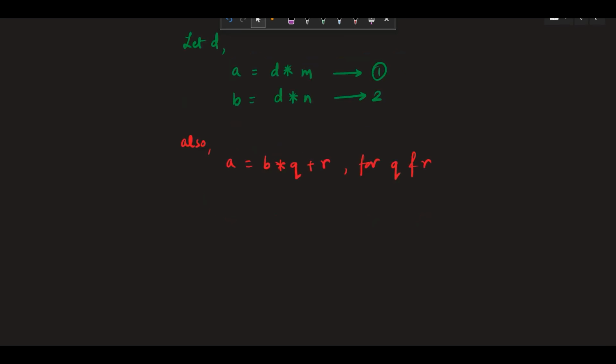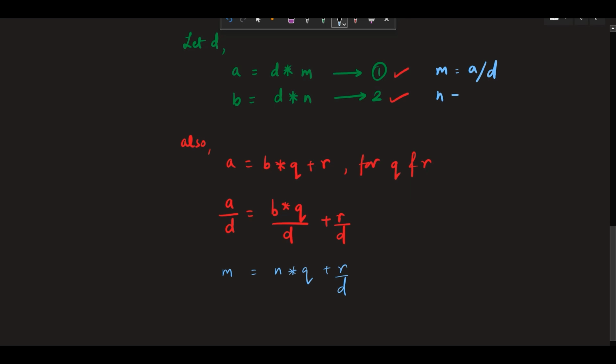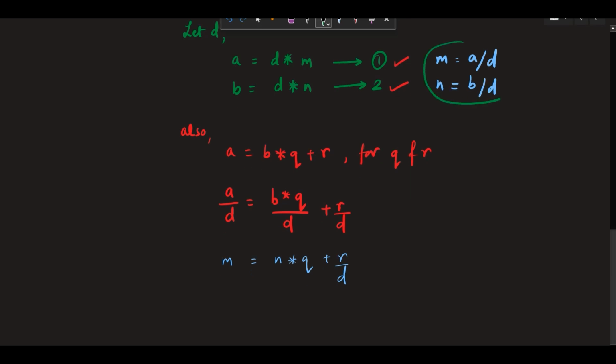If we divide both sides by our assumed divisor D, we get A by D equal to B times Q by D plus R by D. Then substituting from 1 and 2, we get M equal to N times Q plus R by D. Since M comes from dividing A by D and N comes from dividing B by D, and we also know that D divides both A and B, hence D should also divide the right hand side of this equation, which means that D should also completely divide